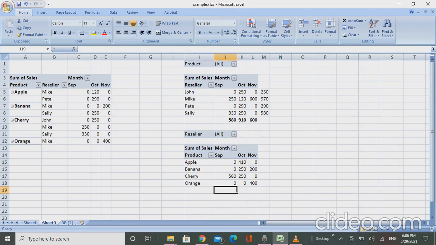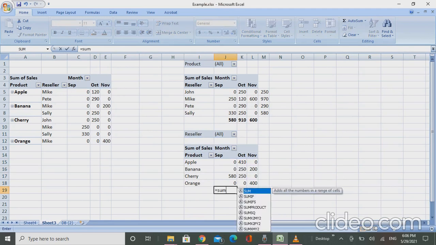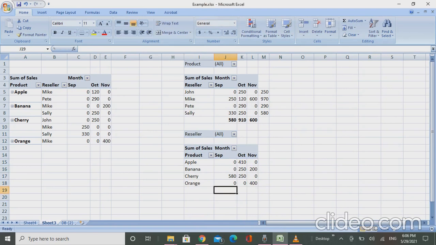I can do sum by a shortcut by pressing Alt and equal key. And I'll copy this formula horizontally as well. So these are identical, I can see. But here we can get which product has the maximum sales. Drag this formula downwards, Control D, and cherry is the highest selling product in this list. Okay, so this is a basic pivot table.